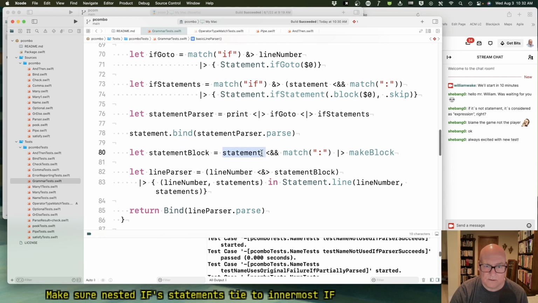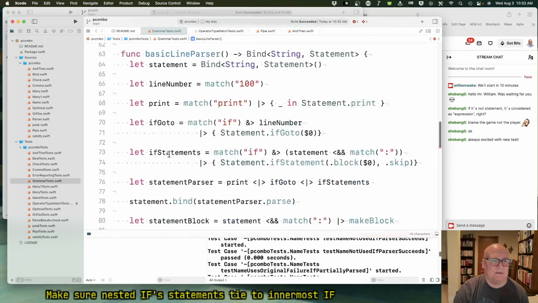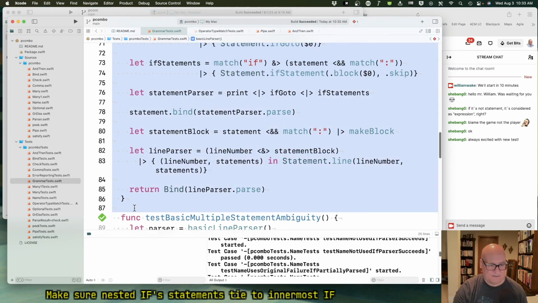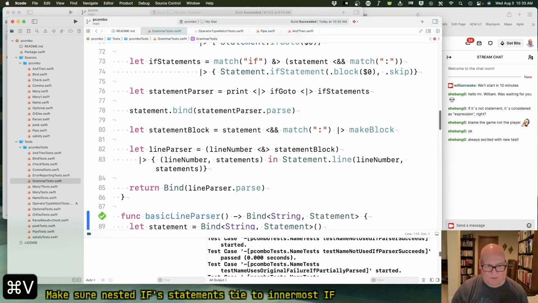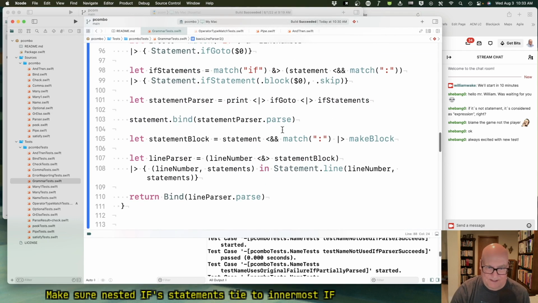So I think we can put this back. Okay, let me not screw everything up. Okay, let me make a new parser. I know we can get it back from source control, but let's just do it this way instead. Okay, so this thing, we didn't have make block before. We had this in